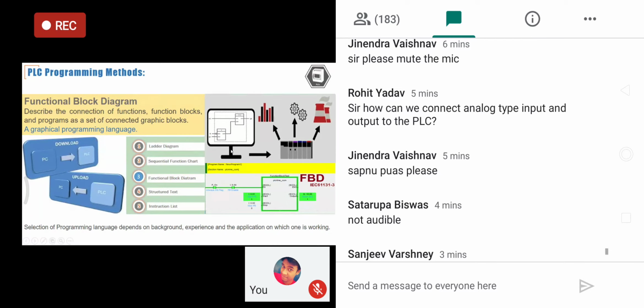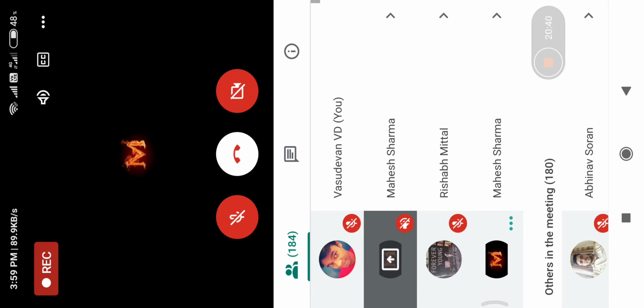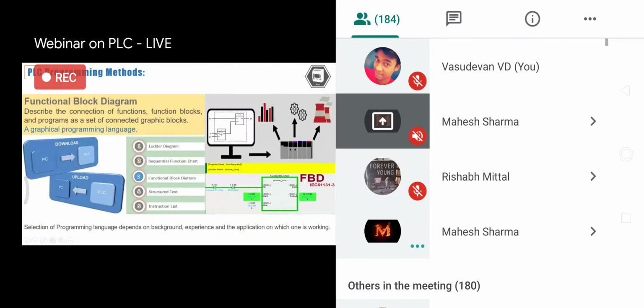The input signal enters the box from the left side and the output signal comes from the right side, giving a relation between the state of input and output. The advantage this functional block diagram offers is that any number of inputs and outputs can be used in these functional blocks. We just need to add inputs.